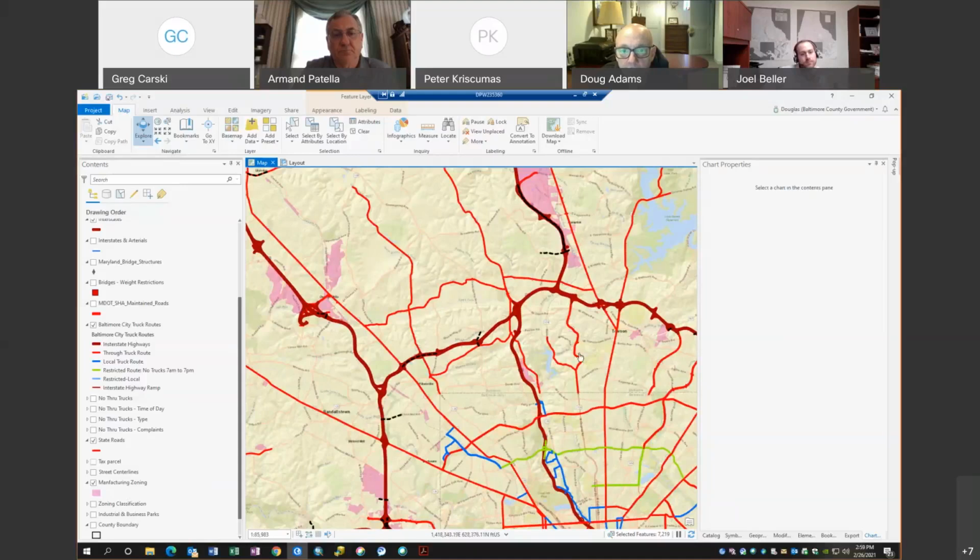You've got these roads around the reservoir, or excuse me, this is Lake Roland down here. Here's another state road that doesn't interconnect with the city. Same thing with this road here, and then there's a third one right there.